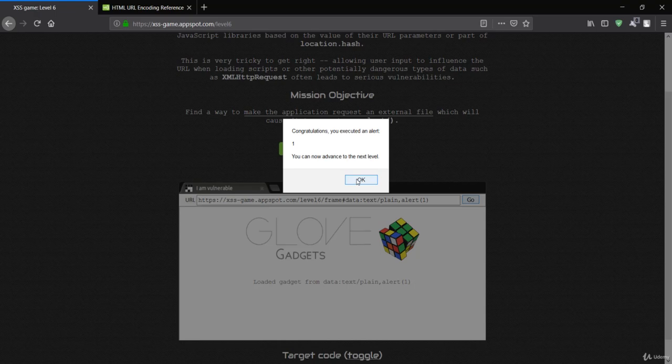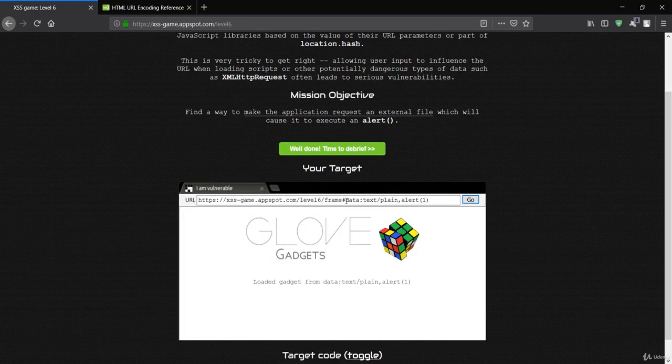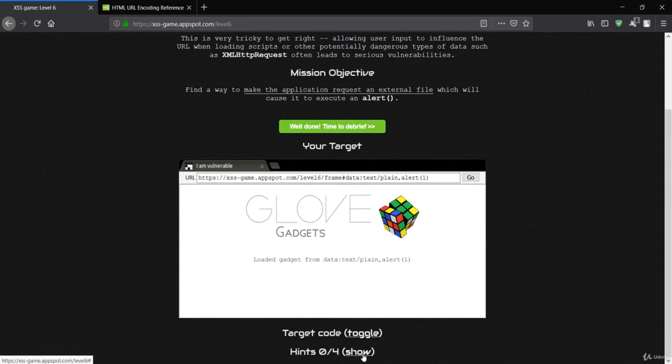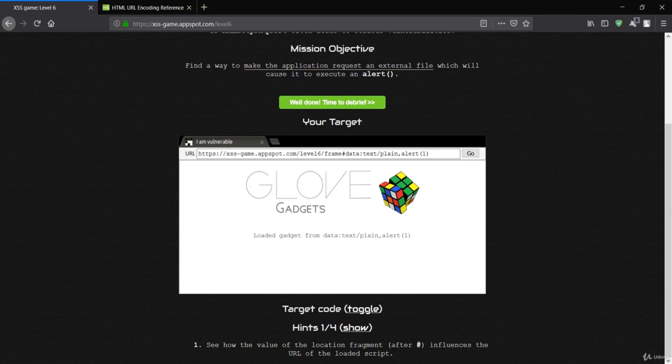So what we just did here was look for the reflection on the pages and the data, which is basically the way to inject our code inside this frame. So we just made our own alert message to be injected in this reflected XSS attack. So this is the way to do it. You can also see this hint if you want some reference.